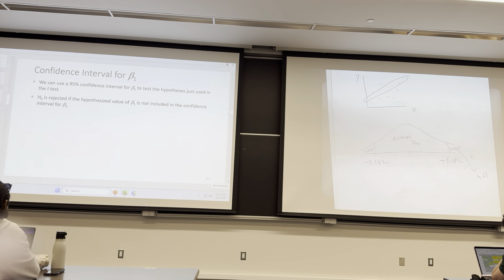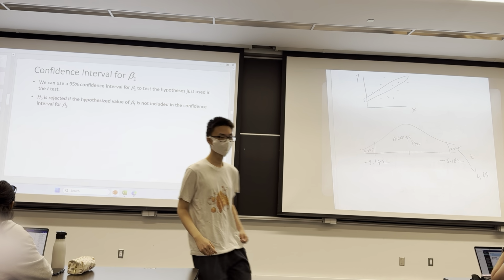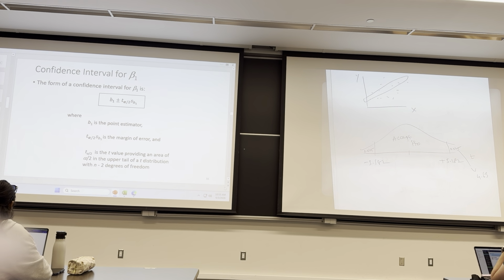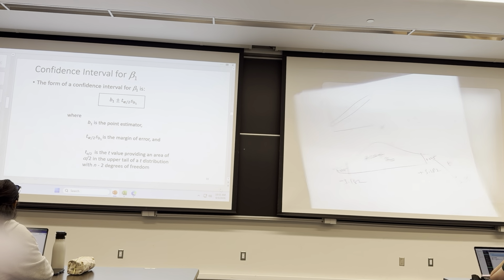Confidence interval for population slope. It says 95%, but you can have 90% or 99%; the most commonly used confidence level is 95%. Now, nothing is new over here. If you go back to what we did in confidence interval estimation earlier, when we were doing it for the mean, it was